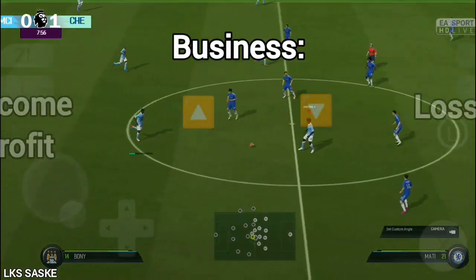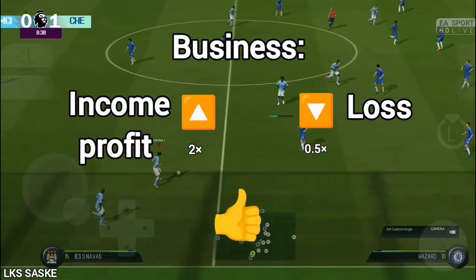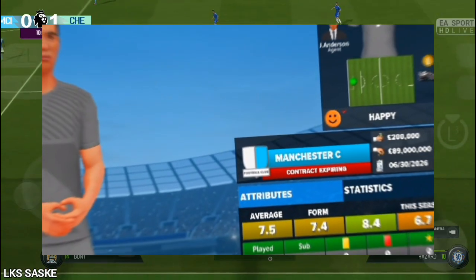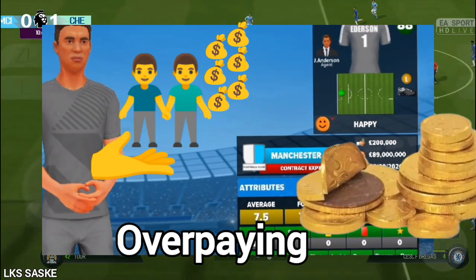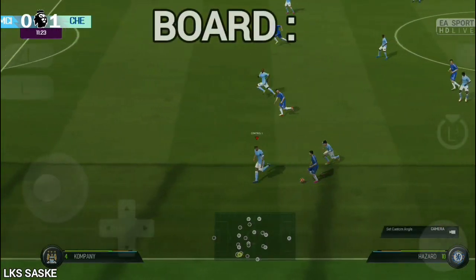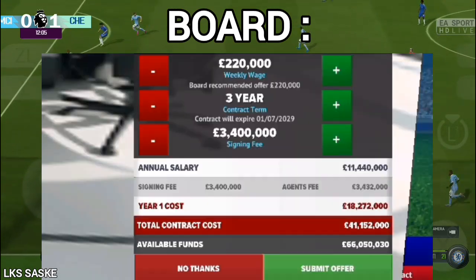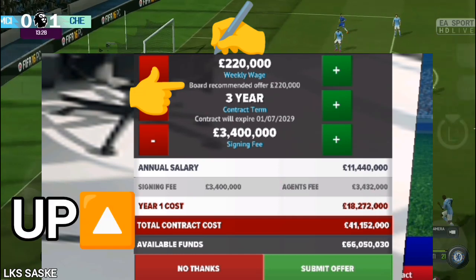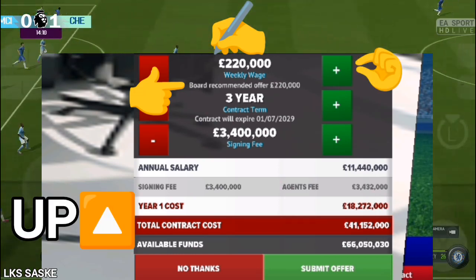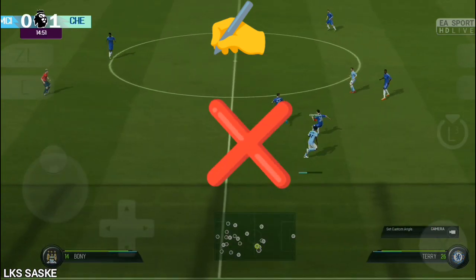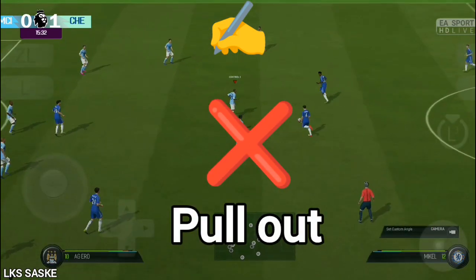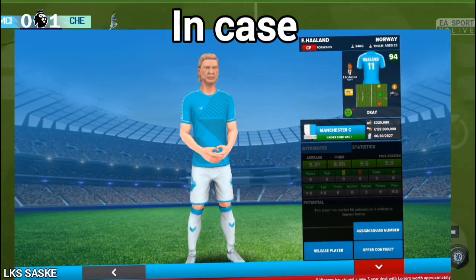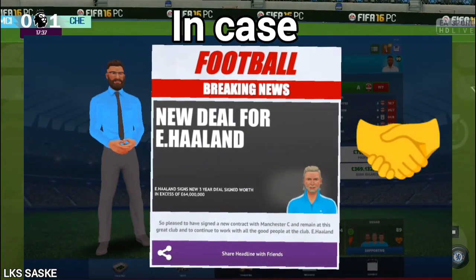In business, we all know the income and profits should always be higher than the expenses. To begin with, the biggest expense in FCM24 is the players' and staff wages. Overpaying staff members and players will always land you in trouble. The board always provides you with the recommended wages to offer players and staff when renewing or signing new recruits. Always offer the provided amount and go up with minimal added cash, and do not offer up to the agent's amount. If it's rejected and the provided amount is still way too high, just pull out of the deal and get another recruit. In case you are dealing with a key player or staff member with a global rank, you can go up on the deal for better and maintained performance.